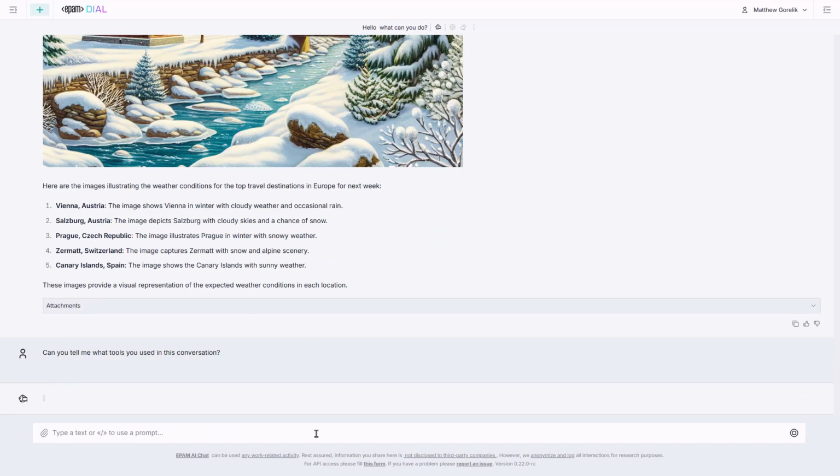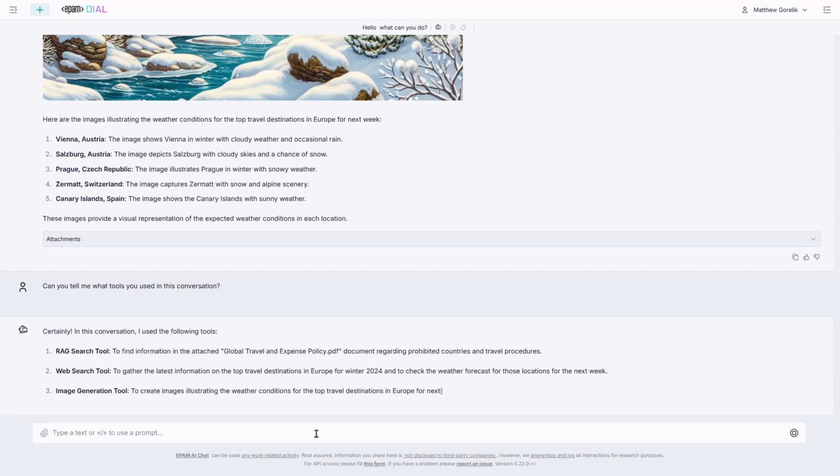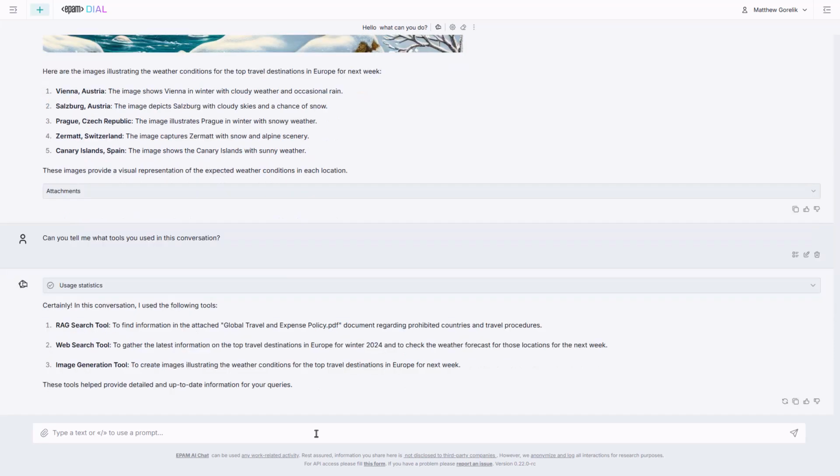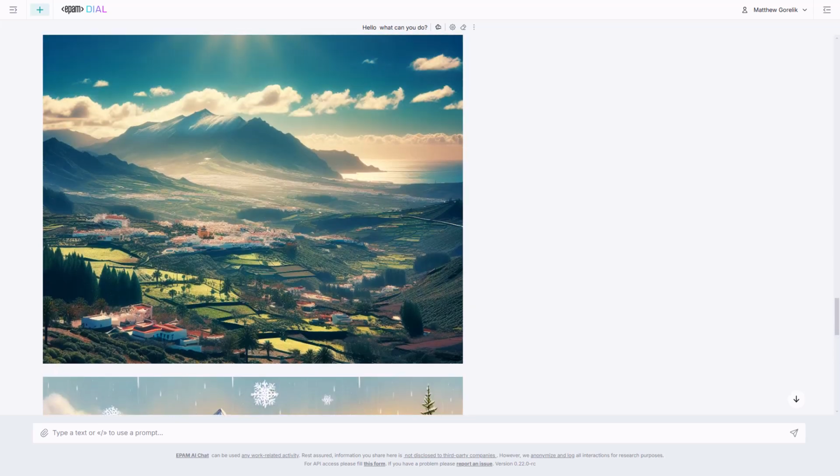Finally, we can also ask the ChatHub to tell us a little bit more about what it did, and it explains each of the tools and purpose behind them throughout the conversation. We hope this brief demonstration of prompt routing and tool chaining helps inspire some creativity about how ChatHub can help